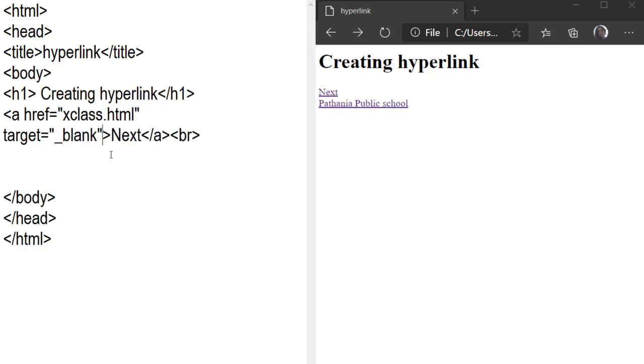Listen everyone, attention here. This is the name of your attribute, target, and the value is always underscore blank. So your linked document, linked website, linked web page will be opened in a new or other tab.